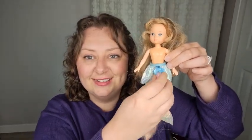So this is one of the actual Lady Lovelylocks dolls. This is not the one that belongs to the skirt, but she's the one that I talked about in one of my previous videos. Her name is Maiden Fairhair from Wave 1, but I just wanted to show you what the skirt looks like on an actual Lady Lovelylocks doll, because they're all the same size, same proportions. So you can see it. When they stand, it would kind of look like that. You could clip your little pixie tail on there. Voila! And the pixie tails in this line were also sea themed, so they were like turtles, fish, snails, seahorses,